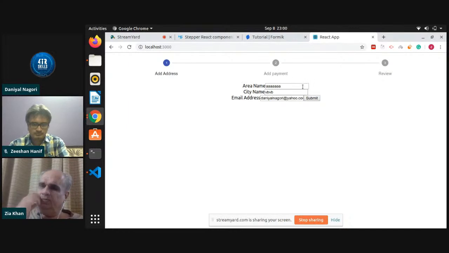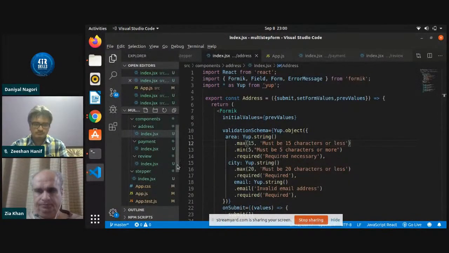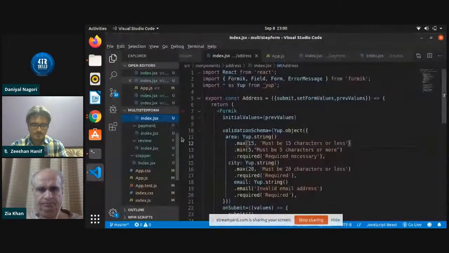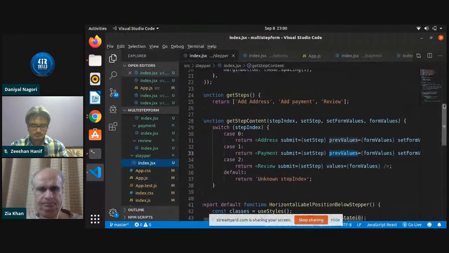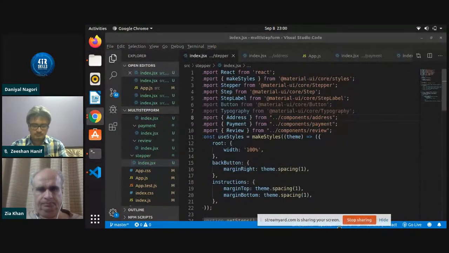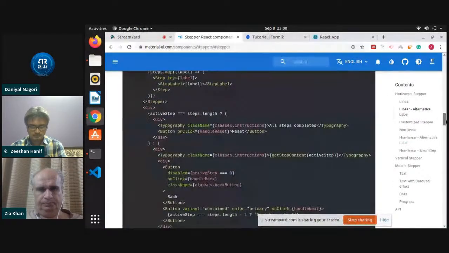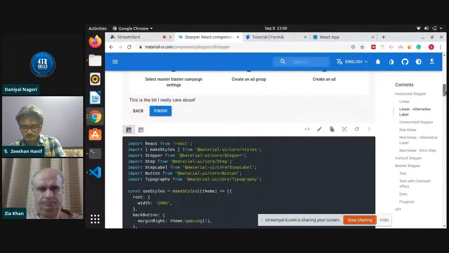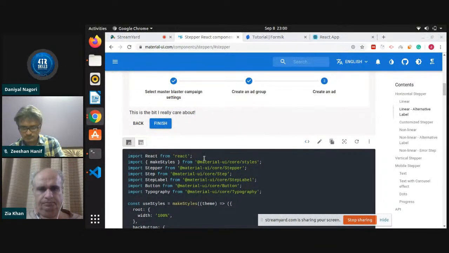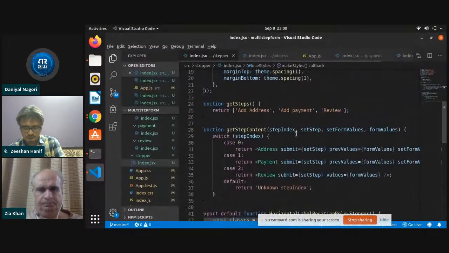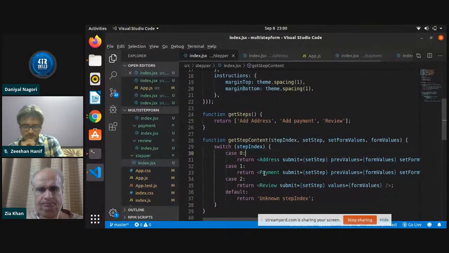And here you have the fields, and I will show you from the code. First of all, I created this stepper form using Material UI. Here I have a component of stepper, and to be honest, I just copied it from here. This is our stepper form. I just copied it and refactored it according to my requirement. The requirement was that the first component should be address, the second should be payment, and the third component